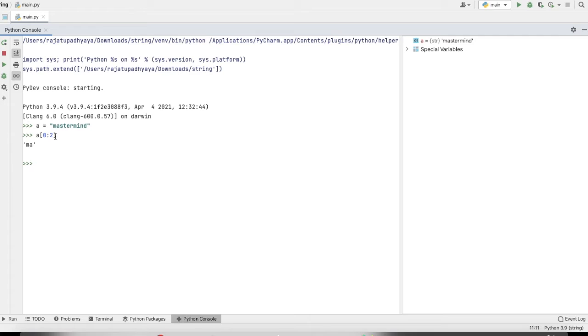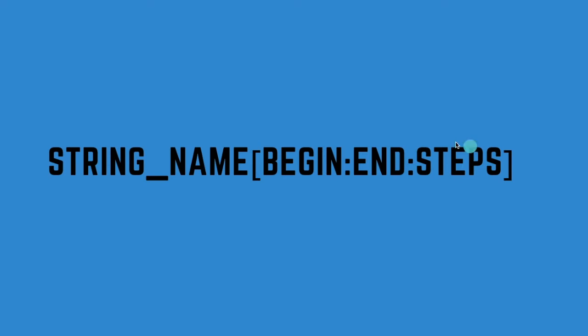It always runs to n minus 1, that's why it is printing MA. 0, 1, 2 is there, but it will print up to n minus 1. And as I showed you in the syntax, there are steps. So how many steps will it run?